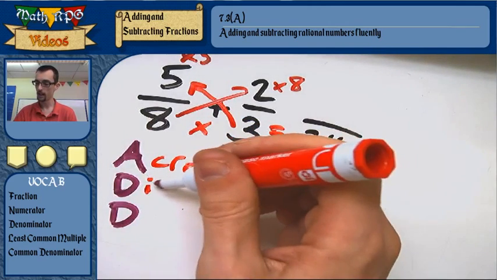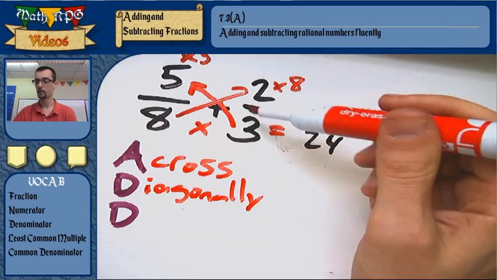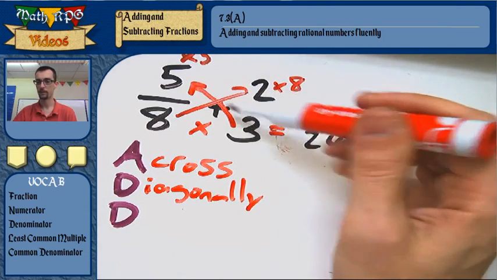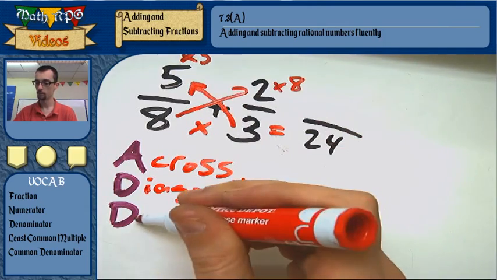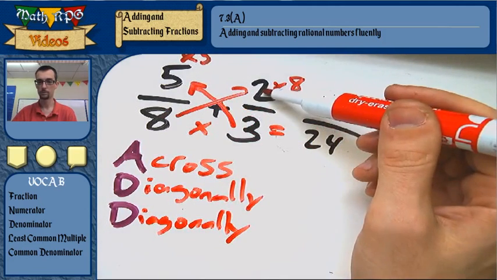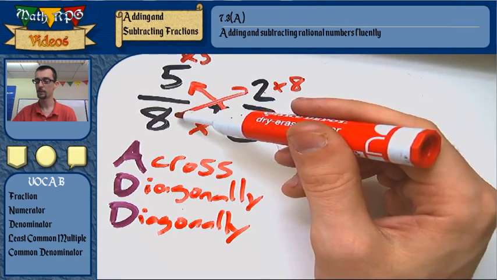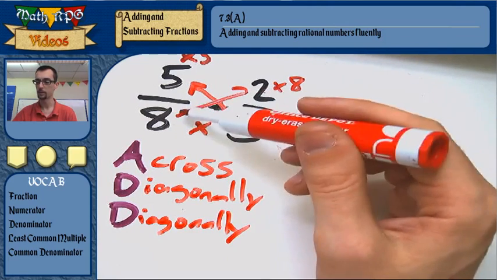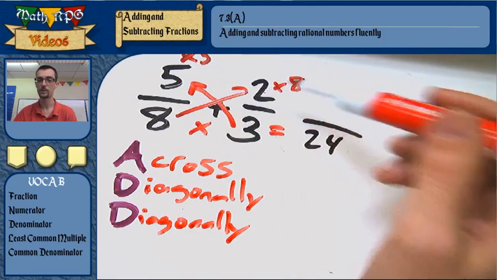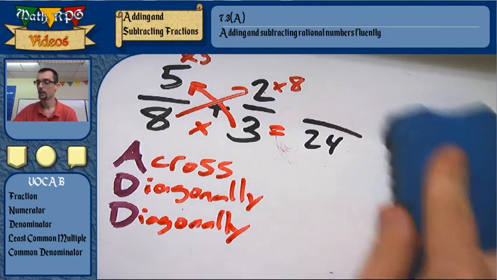Then you multiply diagonally. Your first diagonal goes from the 3 to the 5, and you get 15. And then you multiply diagonally again. 8 times 2, 16. Okay. See how that goes? And remember, just for consistency, I'm multiplying from the bottom to the top, right? So 3 times 5 is 15, 8 times 2 is 16. And then you add them together, right? Because you're adding the fractions, you can add whatever those are together. And that'll give you your answer. Now,